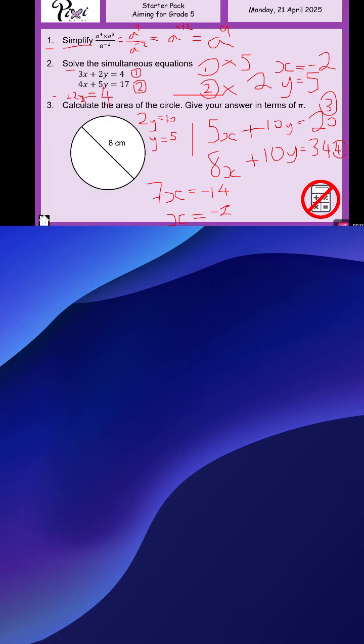Okay, question number 3, guys. Calculate the area of the circle, give your answer in terms of pi. Now, whenever it says give it in terms of pi, most likely this is a non-calculator question. So this will appear on your paper 1 or your paper 2, depending on what exam board you are,